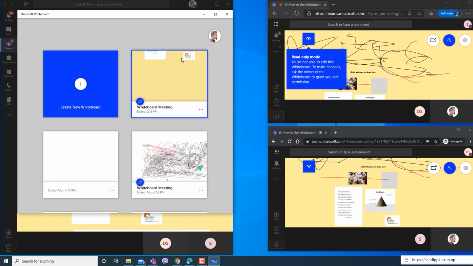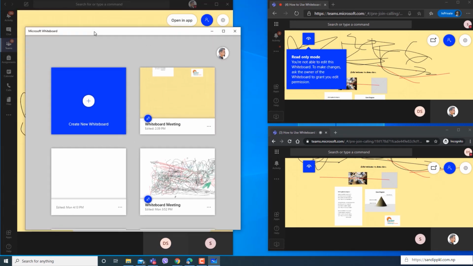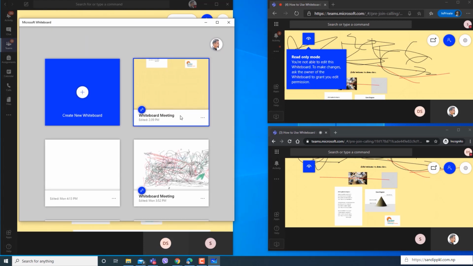Here you can see board, whiteboard meeting. This is the Windows app. You can see whiteboard meeting here. You can just export from here also, delete.